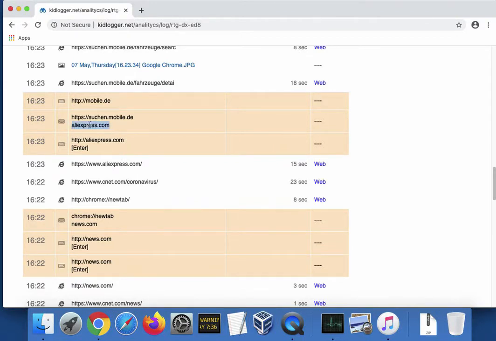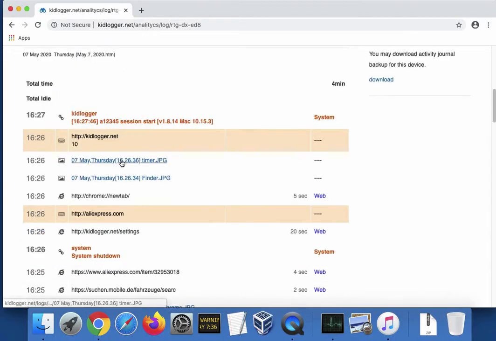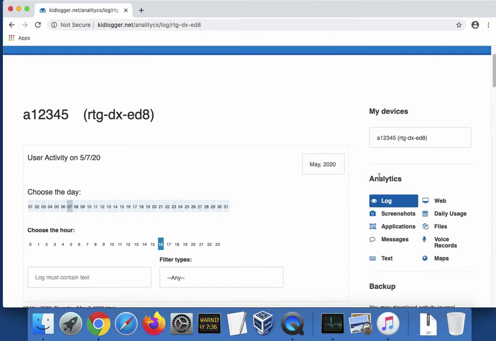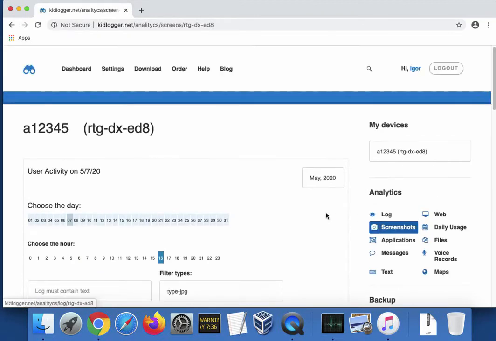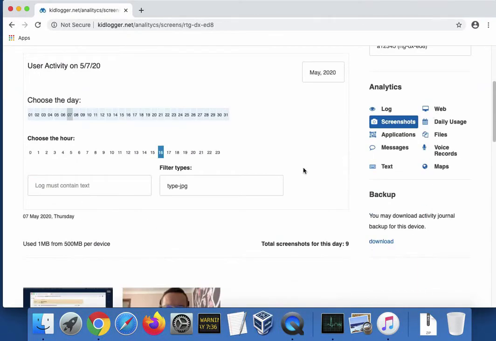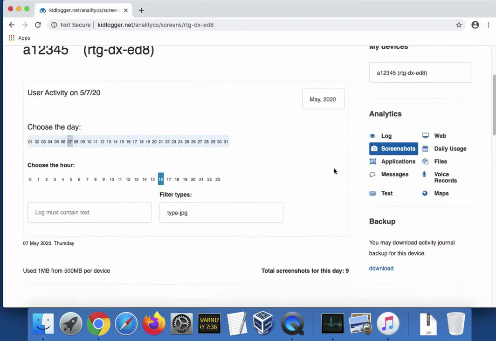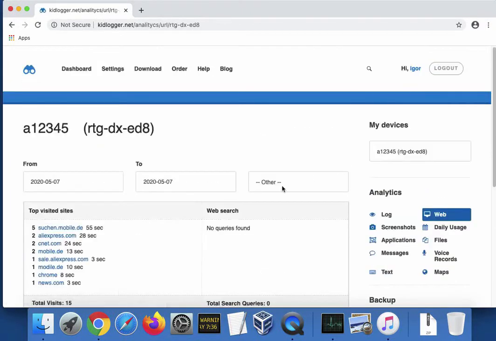The text is highlighted with orange. At the top is the place where we were, and at the bottom is the typed text itself. This is a photo from the web camera. We have web addresses here and some screenshots appeared.